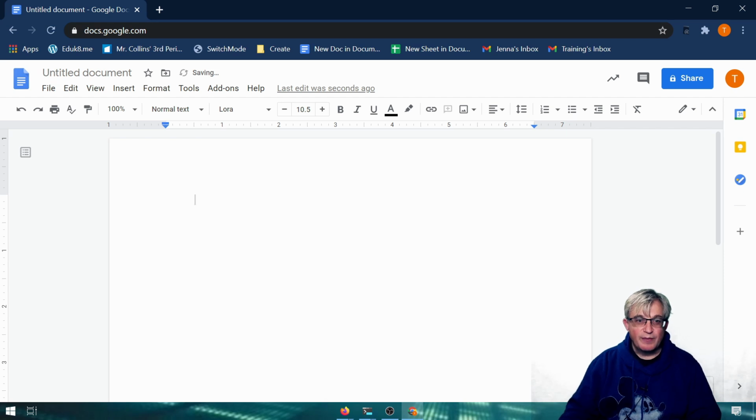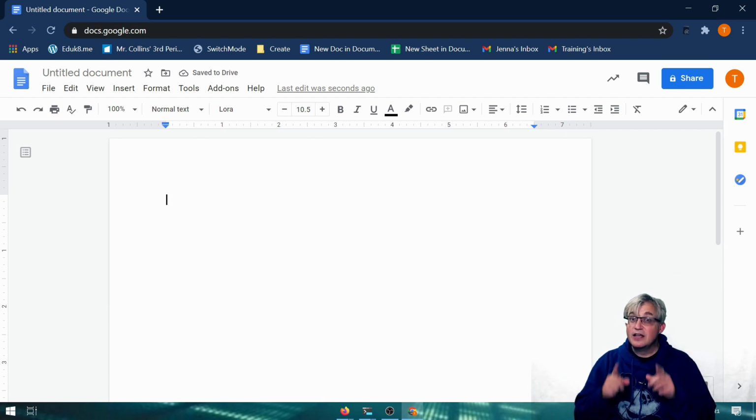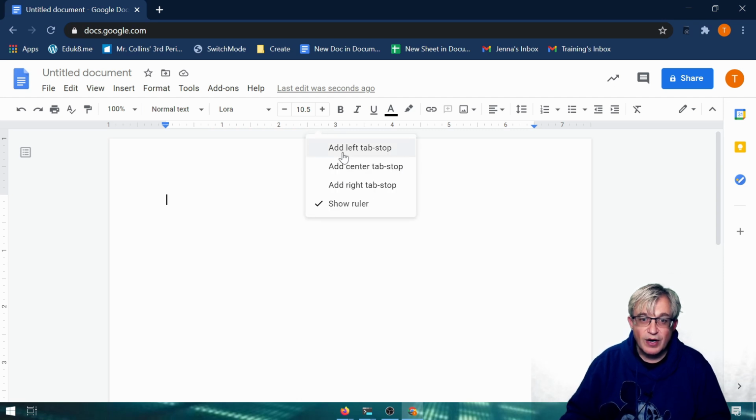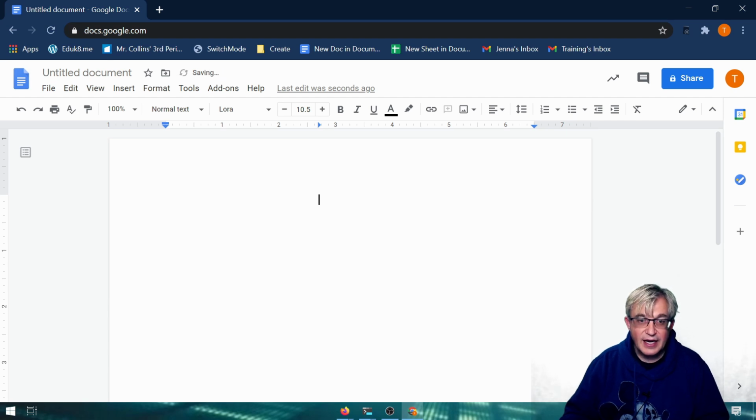Well, that works okay, but my golden rule of word processing: if you have to hit the same key twice, there's probably a better way of doing it. Up here in the tool ruler, we can just click to add a tab. Now, when I click, there's 3 different types of tabs I can add. The left tab stop is the one used the most. When I click it, that little guy shows up, and now I can tab over and put things